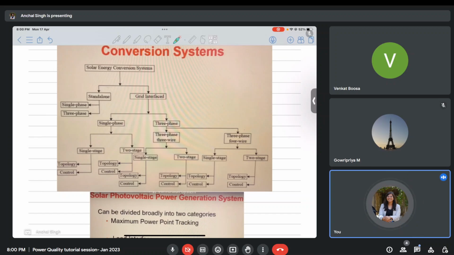So whenever you want a very compact type of inverter, then you will go for a single stage, but it will be costly. So if people want cheaper ones, then they go for two-stage, I guess, because in two-stage you already have a commercially available diode bridge rectifier, right? So I think for manufacturing purposes, it might be cheaper. Therefore, people might still be using it.